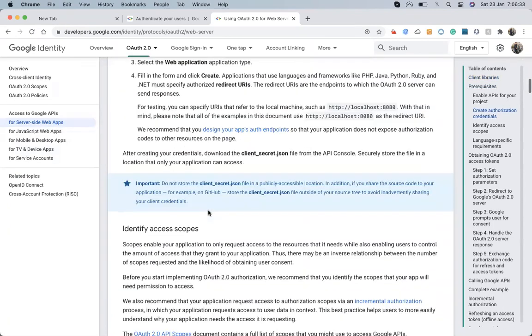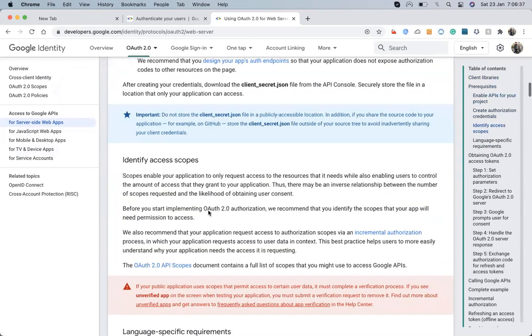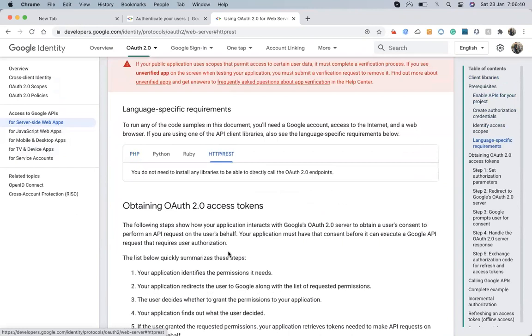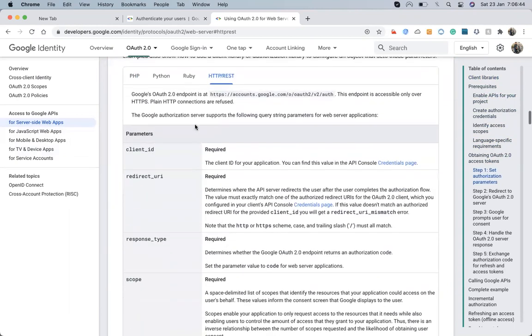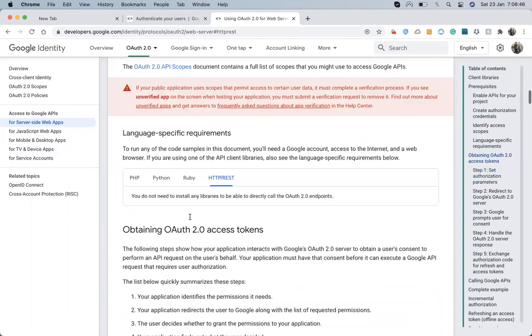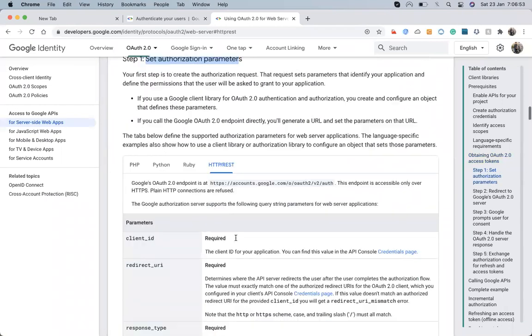Let's have a look at what we need to do. Identify the scopes and access token. So in order to start with authorizing a user, we need to do something like that.